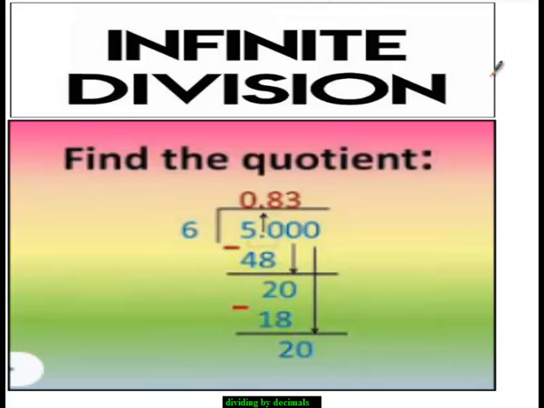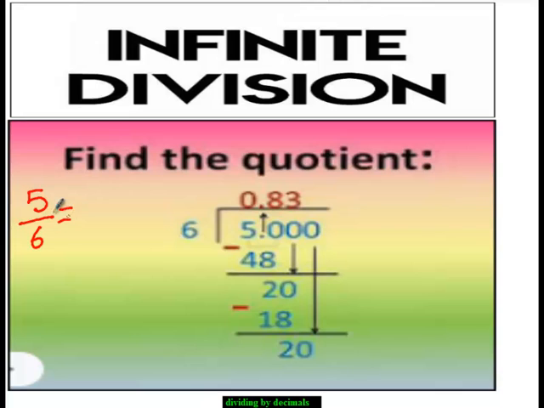Okay, the last one is infinite division. This is very easy. When I have a number like this, it's written as 5/6. Infinite division has no end, and I end it with what? With the decimal places as I need. Okay, here if they told me 5/6 and do it to the nearest hundredth,